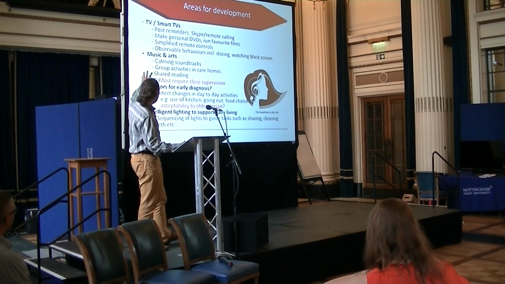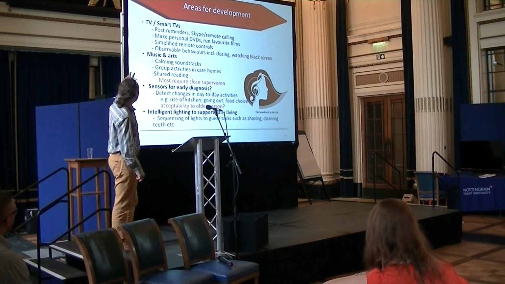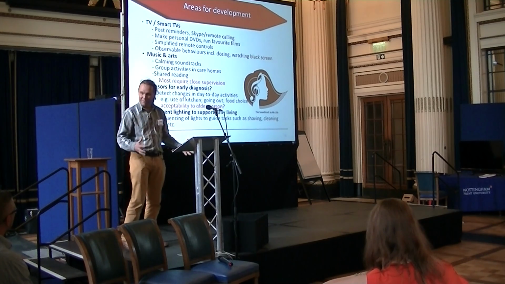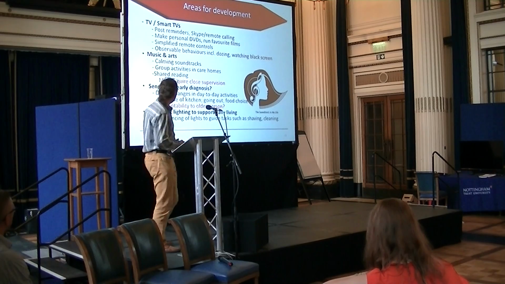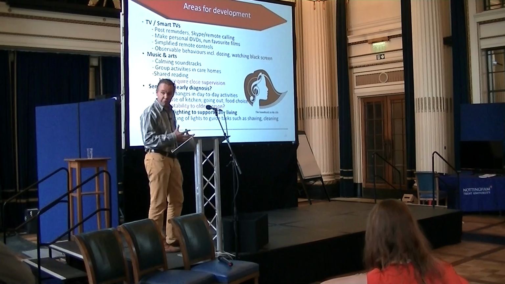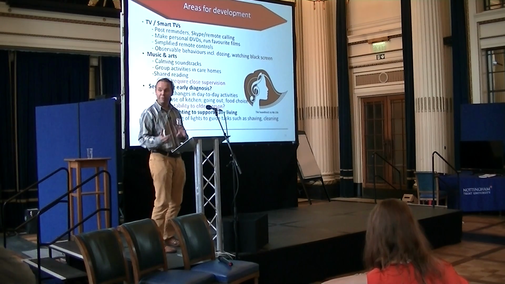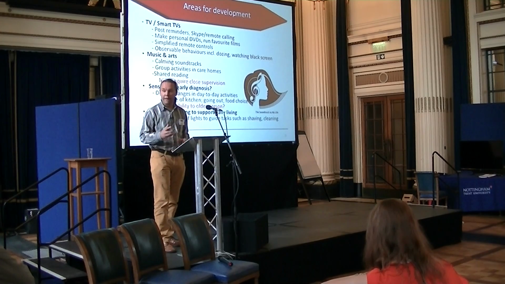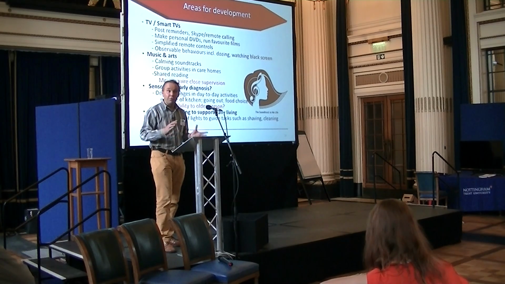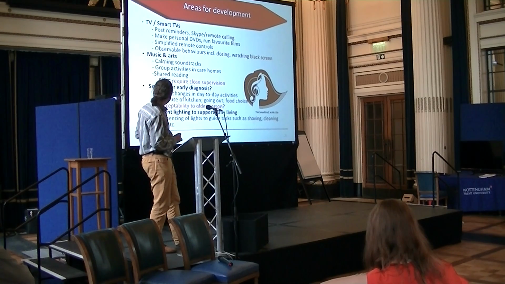So, areas that I think, or we think, could be developed: smart TVs. This is in many people's homes. I think it's underexplored for use in dementia care. There are useful aspects of smart TVs. Maybe the camera could help to see whether somebody's falling asleep a lot, or whether they're moving around the house. There are issues of surveillance, which we have to think about, but there's big potential there.